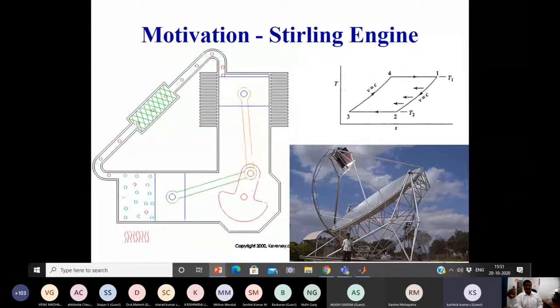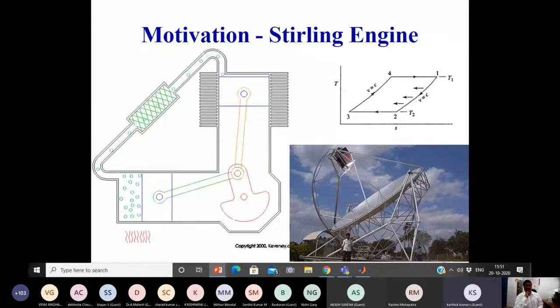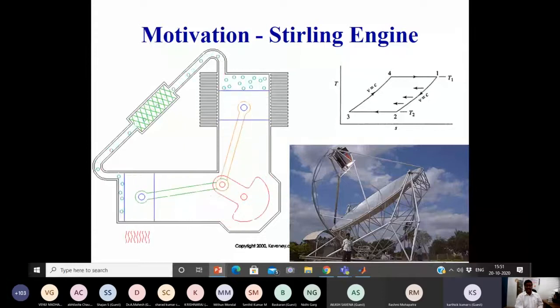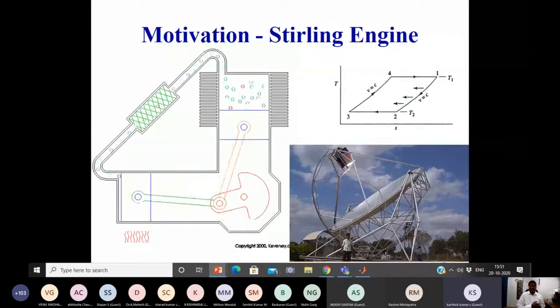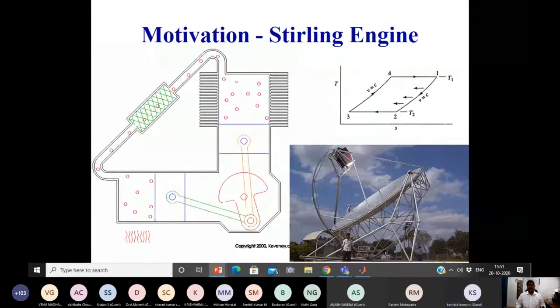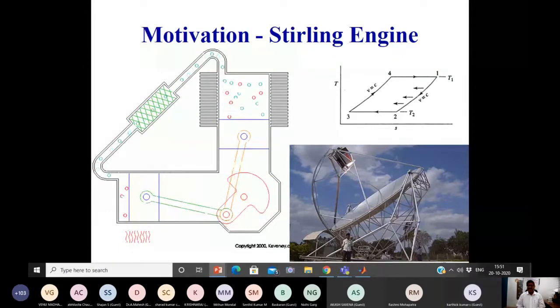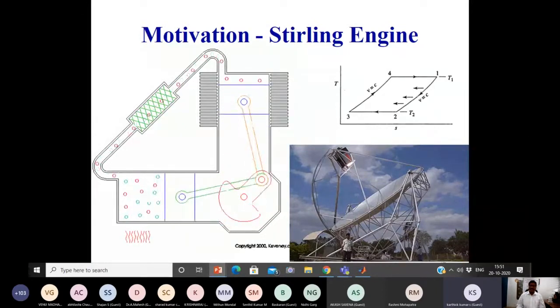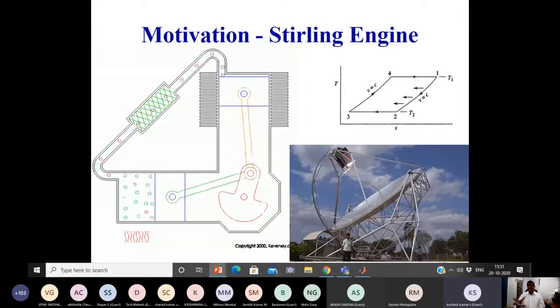Slowly helium is coming out. So whatever the output from the Stirling engine, initially in the beginning it is 9 kilowatts. Slowly the output is deteriorating. That's 8 kilowatts, 7 like this. And at one particular instant of time, the power generation is equal to the power input to track the collector.